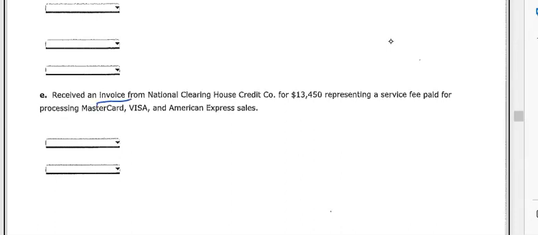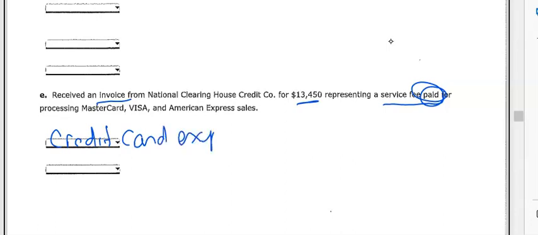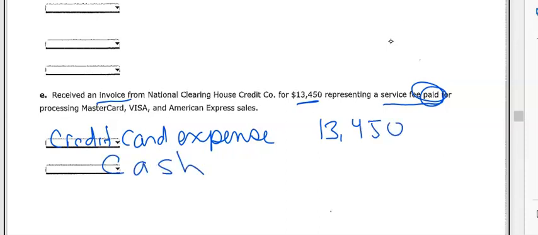Now let's go down to the very bottom. We received an invoice for $13,400, and it was for a service fee that we paid. So we've already paid it for using MasterCard. So this is just a selling expense to us, and we're going to call it credit card expense. Expenses go up with the debit, so we're going to debit $13,450, and we paid it, so we're going to credit cash to show that our cash went down because we paid that amount of